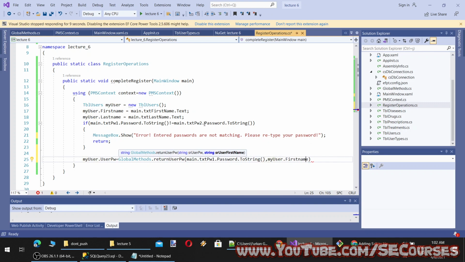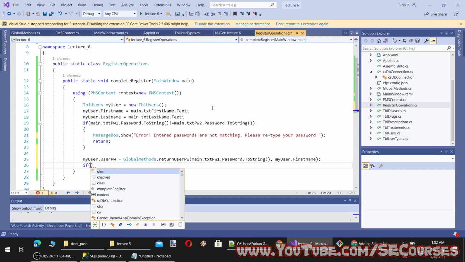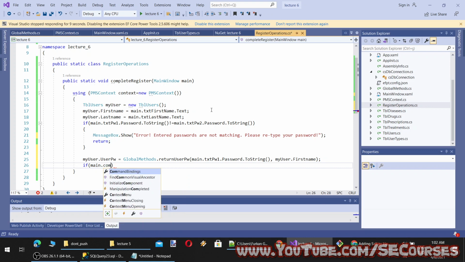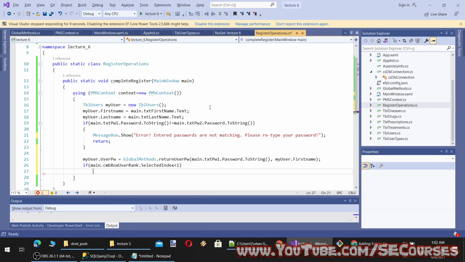Okay, and then what else are we going to take? We are going to get the user rank. So we also need to check that if the combo box, so it is from main, and combo box selected index is equal to 0, or let's say lesser than 1, then we will show an error.